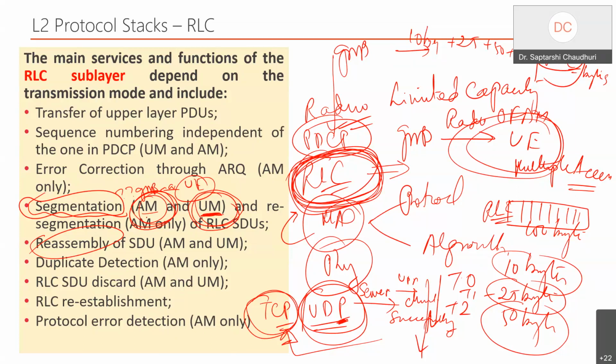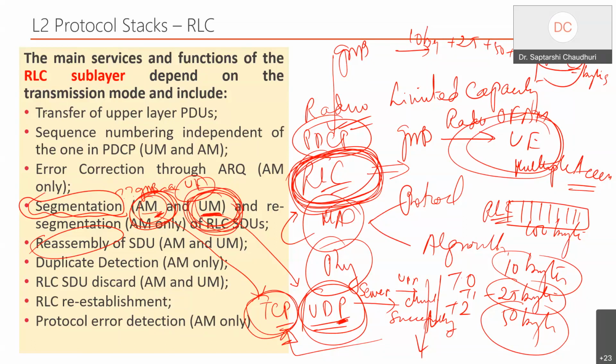So this is the kind of similarity: RLC is equal to my TCP, and the unacknowledged mode is with respect to my UDP. It's like an analogy we are trying to draw here. For certain scenarios of packets, we really don't bother about needing an acknowledgement. Why do I want the overhead of getting feedback, because that also has to be taken into control. So this is the biggest aspect of managing acknowledged and unacknowledged packets, and RLC is the one that does it.